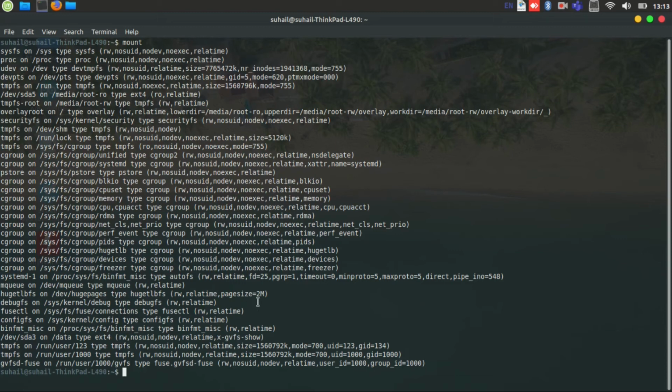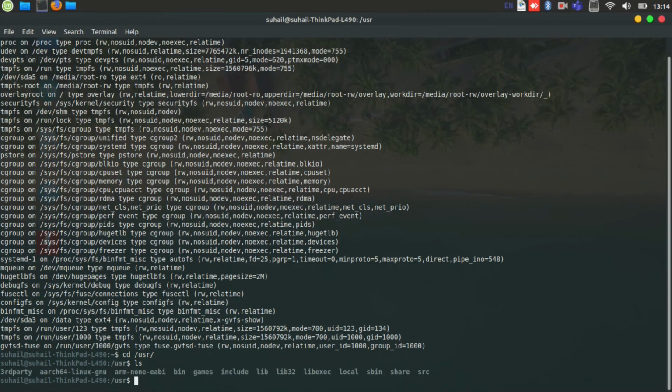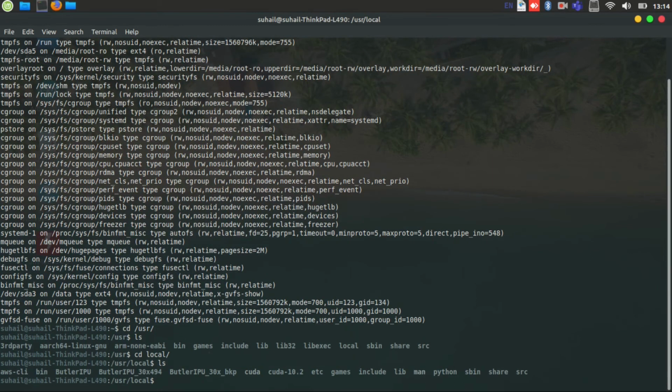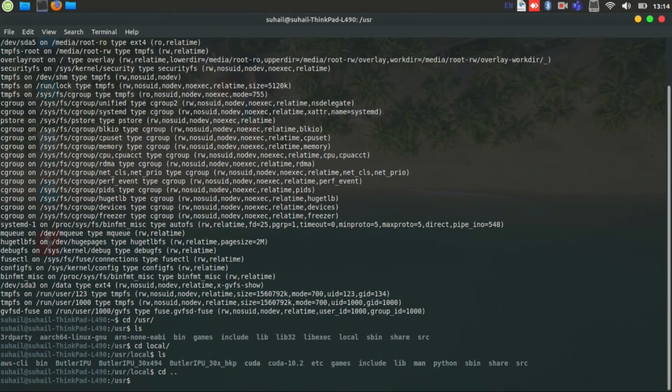Now if we want to check the functionality of overlayroot, what we need to do is go to our root partition and try to delete some of the files, and check whether after rebooting our files come back to the original state or not. As you can see, our local directory has some content, so I'm going to delete this local directory.